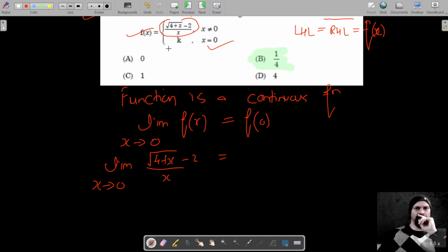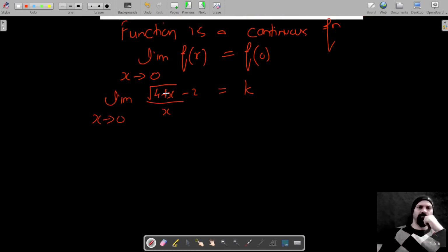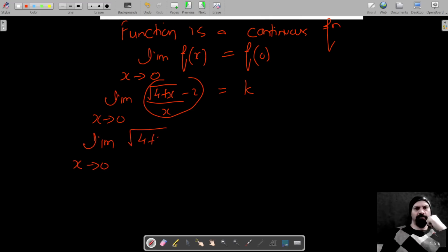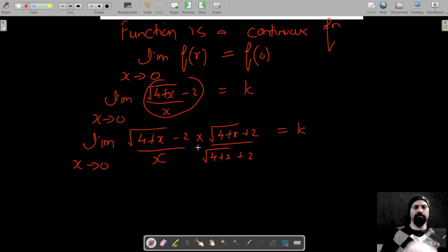Now the value of the function at x equal to 0 is k. So this is k. Let's try to simplify this to get the limit. To do this, we are going to rationalize (root 4 plus x minus 2) upon x into (root 4 plus x plus 2), using the conjugate, upon the same,